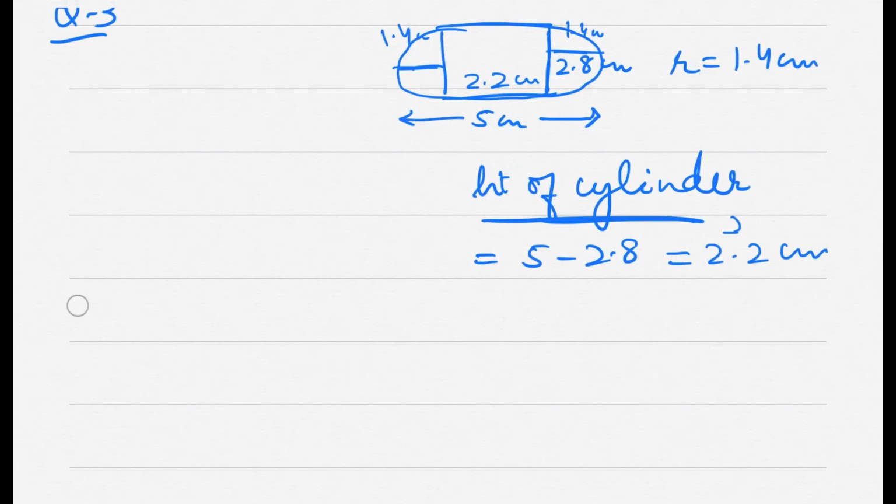Okay, now next we have to find the volume of 1 gulab jamun, so that we can find out the volume of 45 gulab jamuns, and then we have to find 30% of it, because they say that sugar syrup is 30% of its volume. So we have to find out how much syrup is needed for 45 gulab jamuns. Okay, so now volume of 1